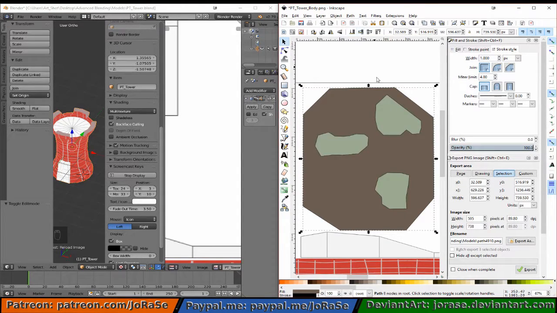Drop this one down a layer. And with these, let's duplicate them. And if we move them up just a little bit, and then take the